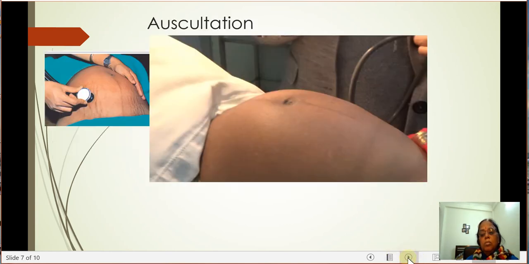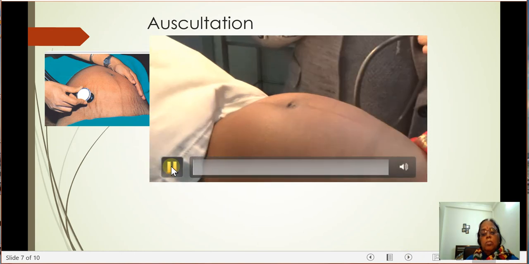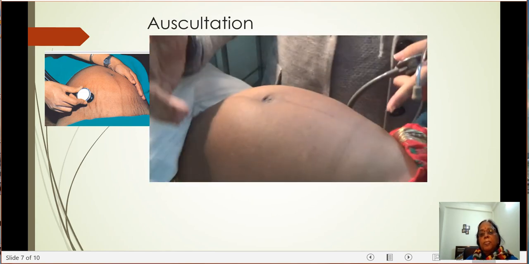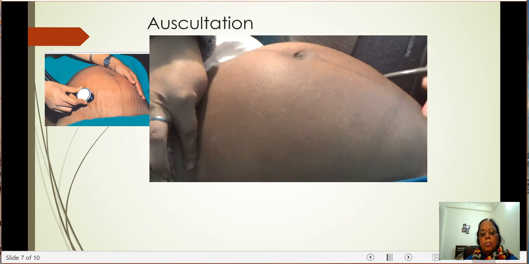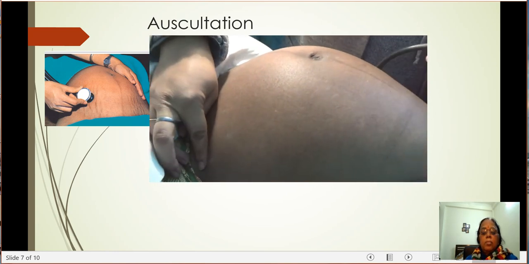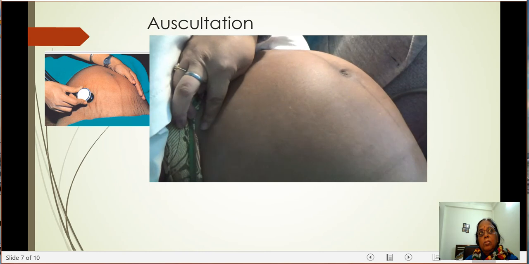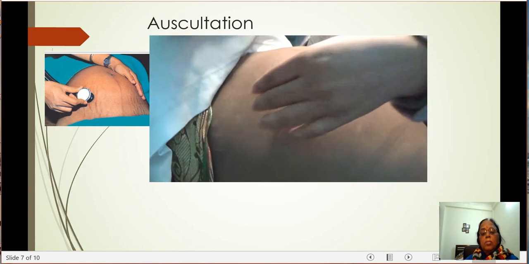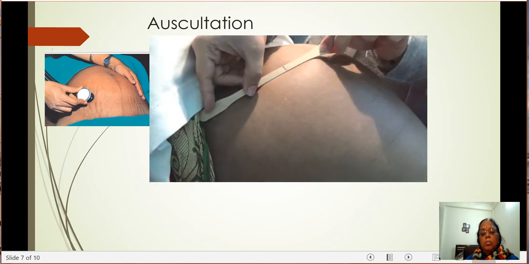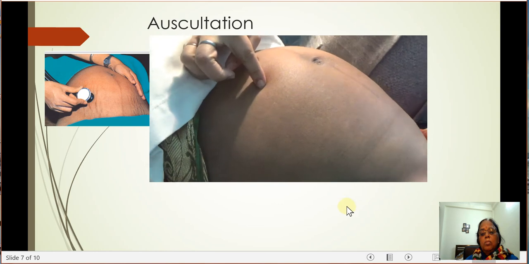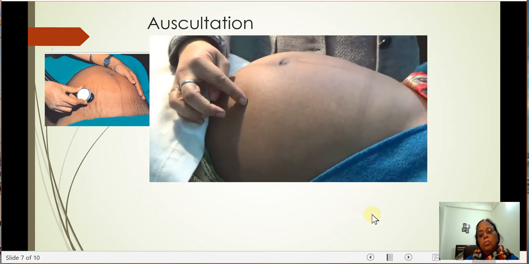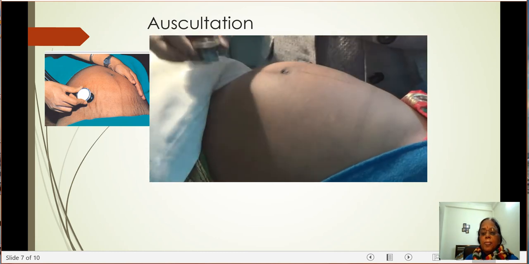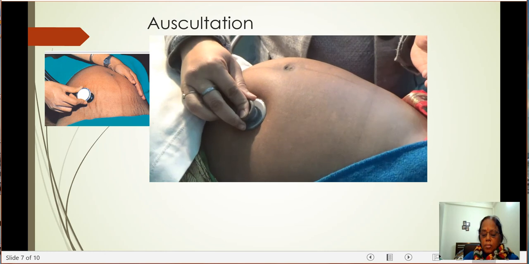Now the last part of our examination is the auscultation. For auscultation, we have to first identify a bony prominence over the lateral side of the pelvis over here. This is the anterior superior iliac spine. Then we make a virtual line extending from the anterior superior iliac spine to the umbilicus. Somewhere around the midpoint of this line, we generally hear the fetal heart. So with the help of the stethoscope, we can appreciate the fetal heart over here, somewhere here.